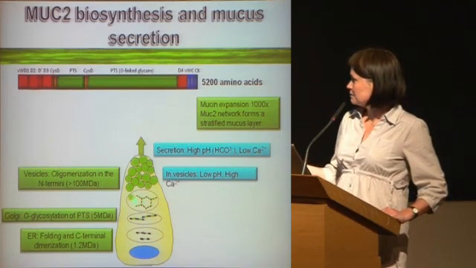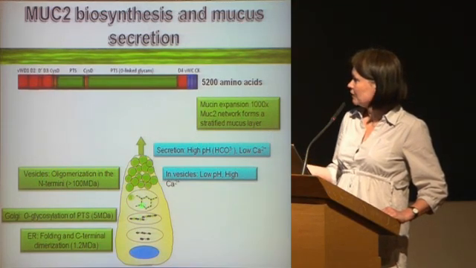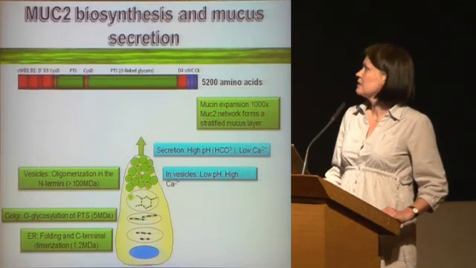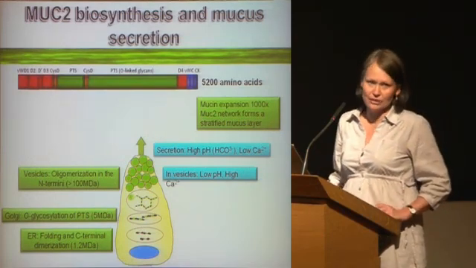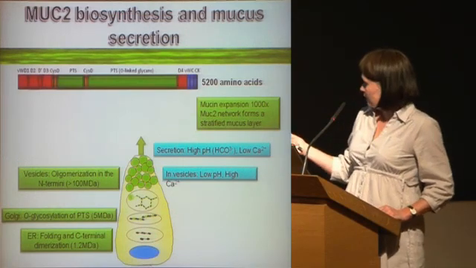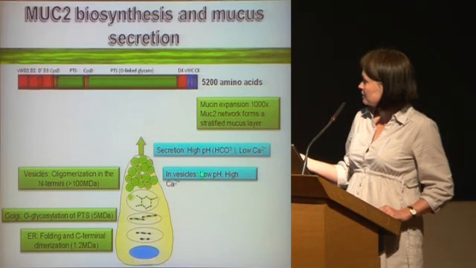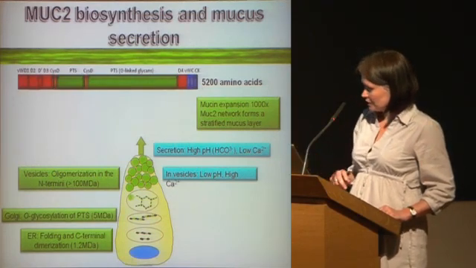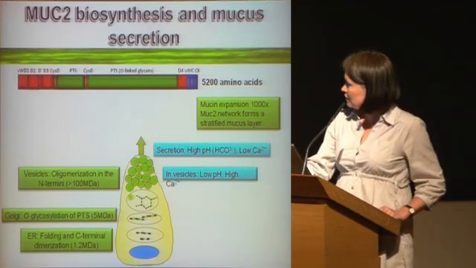Finally, it is trimerized, making an oligomeric structure in the N-terminal part here, and at the same time, it's stored, condensed, compacted, and stored in these mucin granules. This is facilitated by low pH and high calcium. And then during secretion, so when this material is released, it is